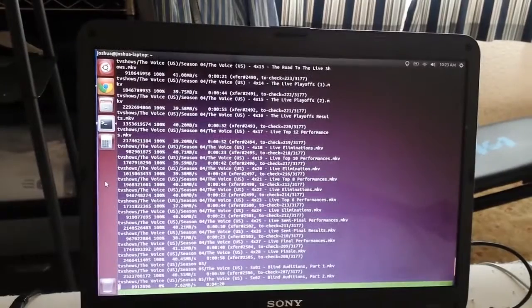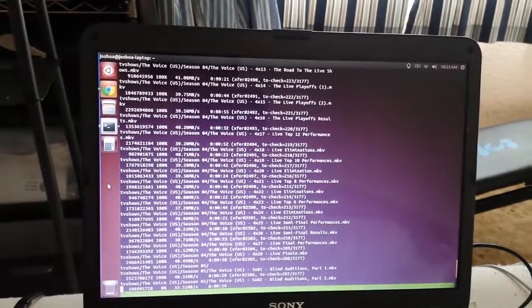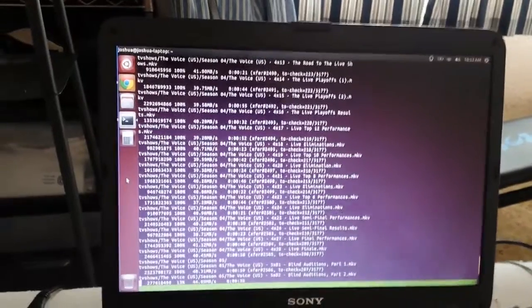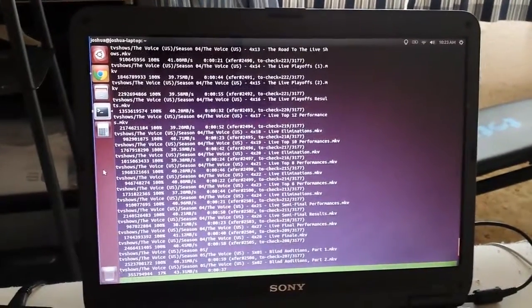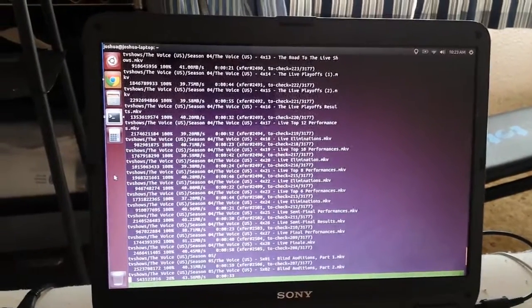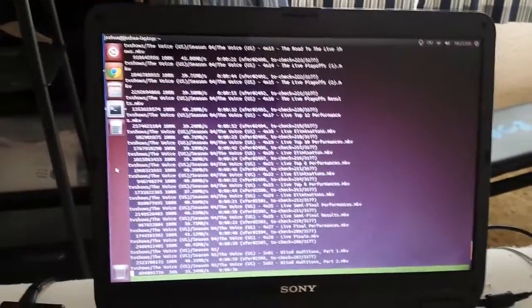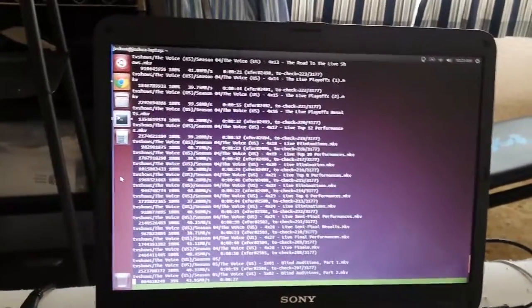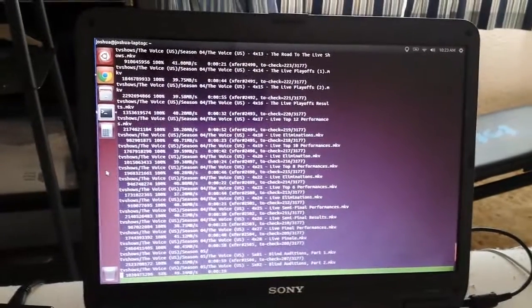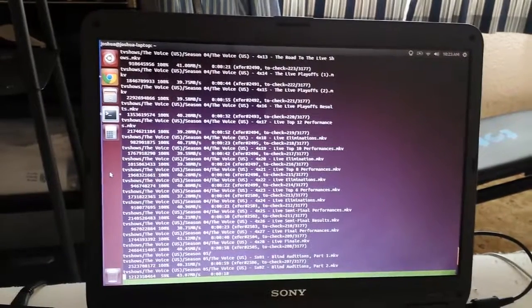pfSense box. It's an E350 low power AMD CPU with a built-in GPU. It's not the best thing CPU-wise, and that's why it can't really push that much data through its NICs. It is pushing through a PCIe Intel NIC, but it still can only push so much data. And I've actually tested this before. My FreeNAS box, that used to be the CPU in my FreeNAS box, but I changed it out to a different motherboard and CPU. I changed it out to a G530, which is a Sandy Bridge